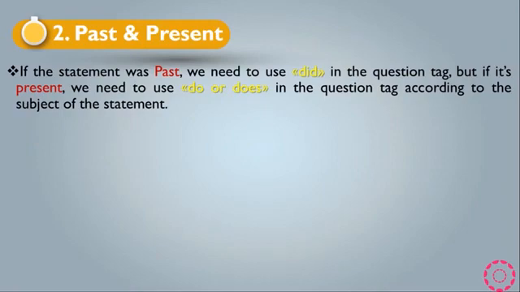The second type, we have past and present. If the statement is past, we need to use did in the question tag. So be careful. But if it is present, we need to use do or does in the question tag according to the subject of the statement. So it is very easy. If we have a sentence which is past, we have to use did in the question tag. If it is present, I mean without verb to be, we have to use do or does according to the subject of the sentence. For example,